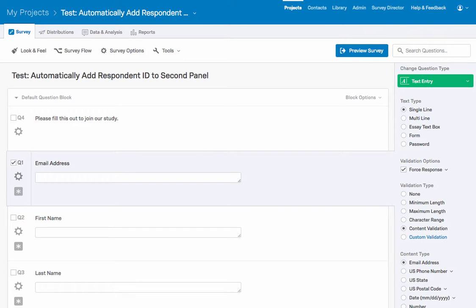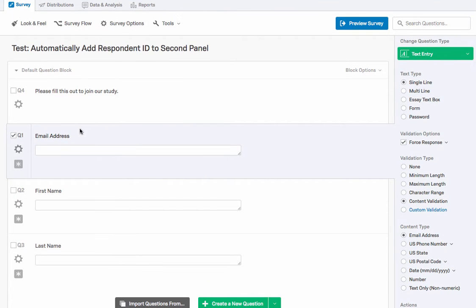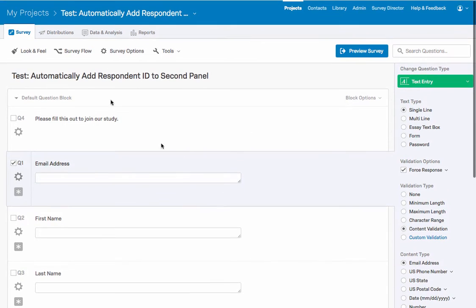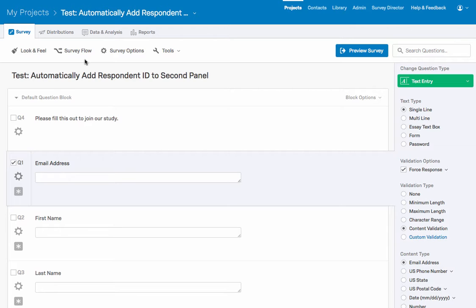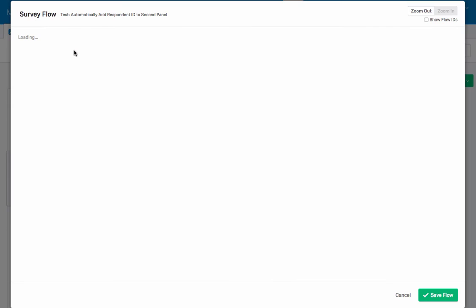Here I have a screener survey asking for email address, first name, last name, and all three of those are mandatory. What I want to do is capture the respondent ID, and when somebody fills this out, put them on a second contact list. So I'm going to go into the survey flow